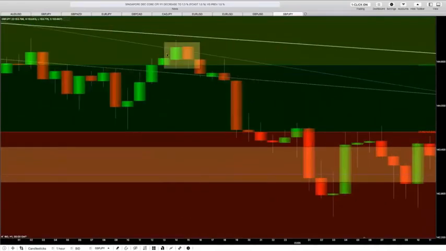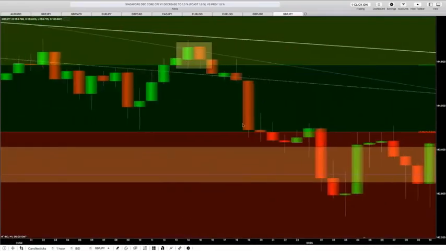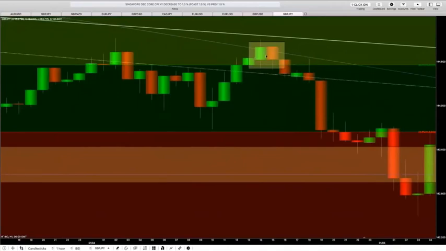So you come here, and then we see what's known as a railroad track. The market comes up, and then the market opens and closes around the same price, and then the same exact thing: the market opens and closes at the same price. So you see it's very, very tight. It's like trapped right there. This is a reversal pattern. You would wait for this pattern to close, and then you would jump in on the opening of the next candle, meaning you would have got in at the opening of this next candle right here.